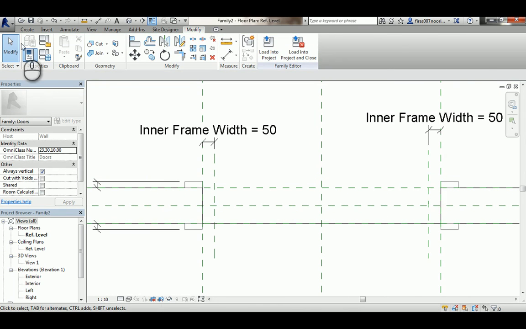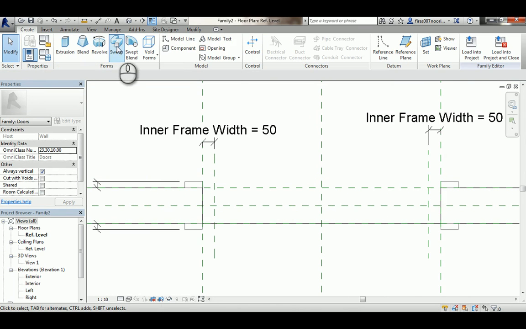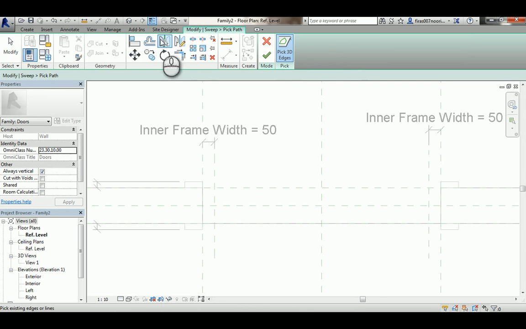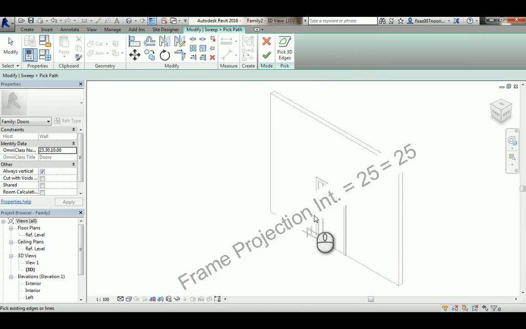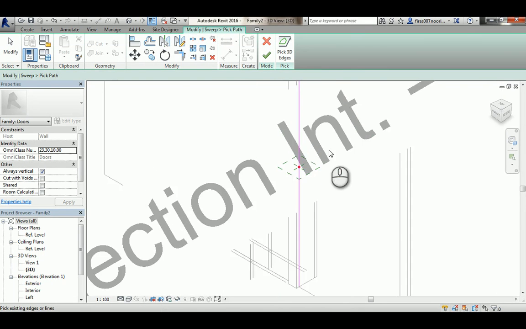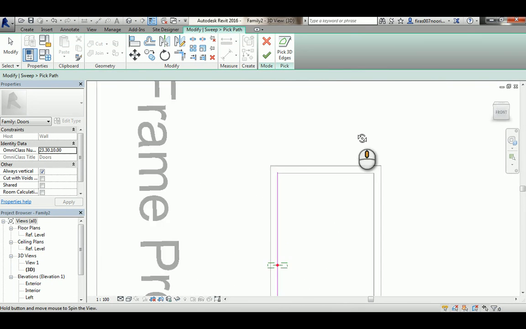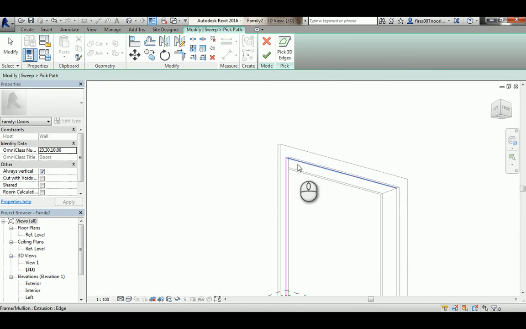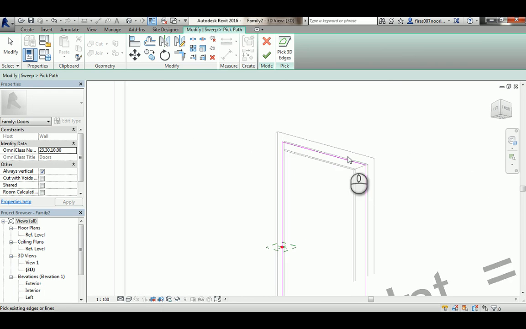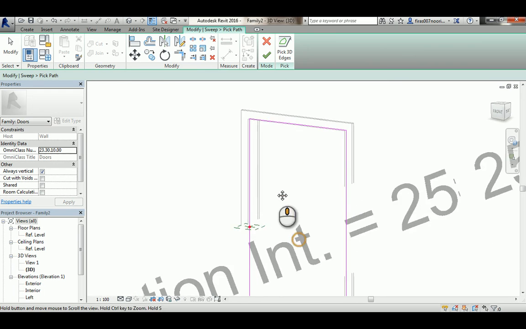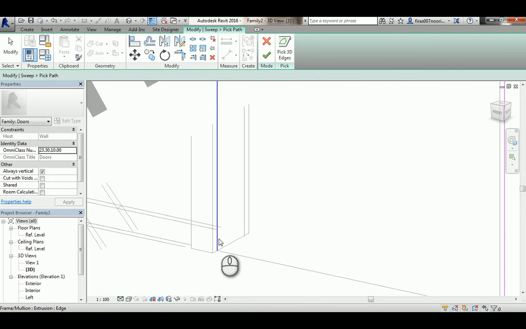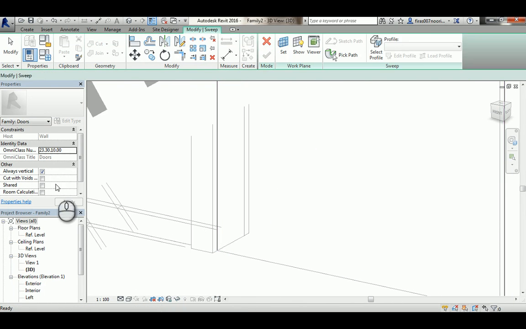Anyway, again, create sweep and just pick, and I'm going to 3D, so I'm going to pick this line, then I'm going to arc rotate, and then this, and then that, just to make the edge of this sweep actually locked to the 3D edge of that wall itself. Finish, get back to the level,